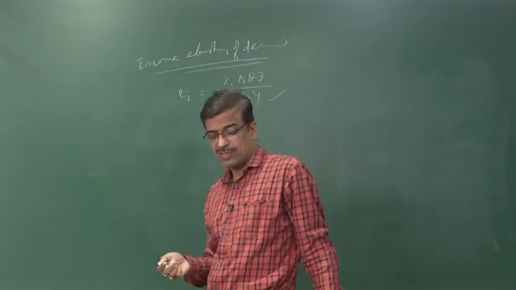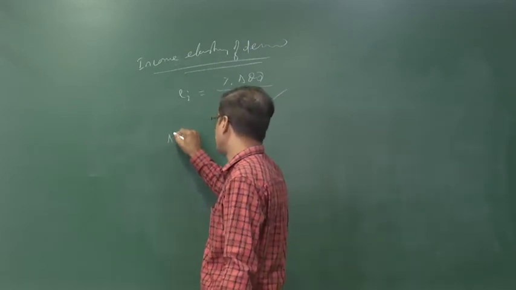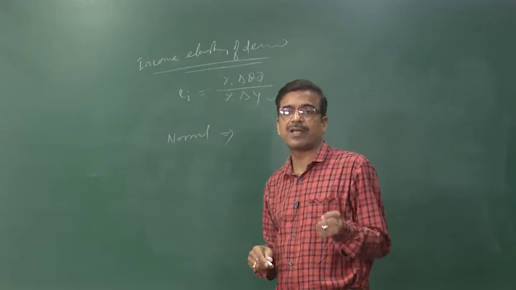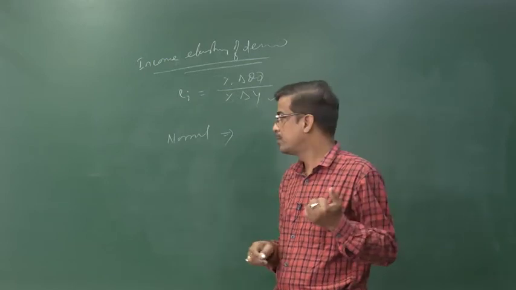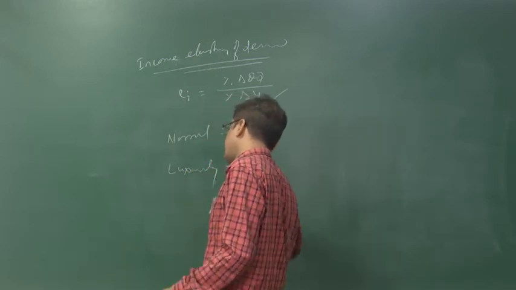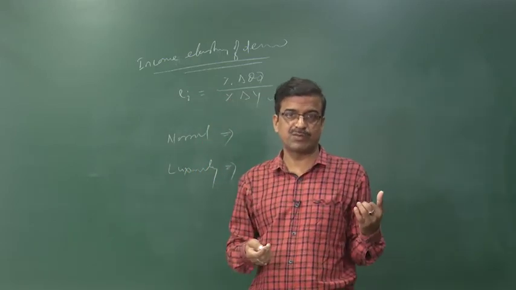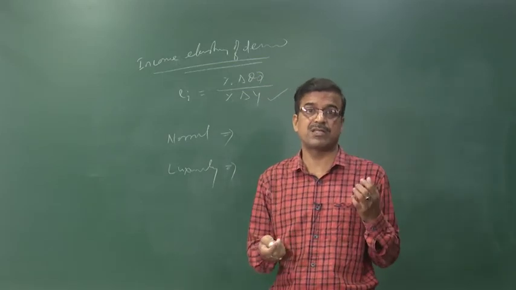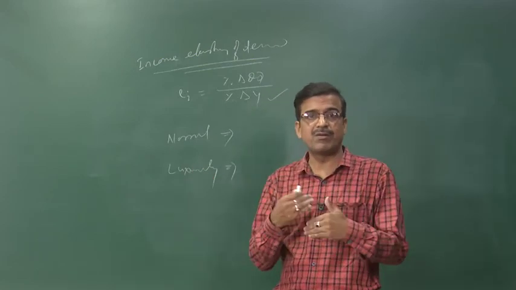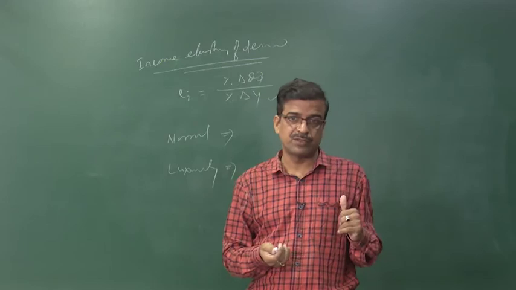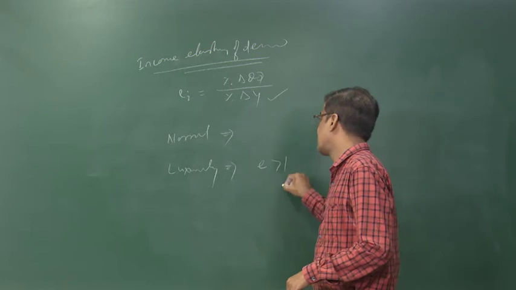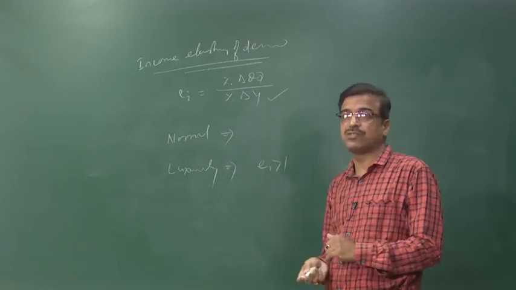We categorize them. For a normal type of commodity, if income increases, does demand increase? Then we look at luxury items. Luxury means sophisticated items, like for example a car, an AC and so on, those things are called luxury items. So do luxury item demand increase or decrease when income increases? When income increases, in this case the income elasticity of demand is greater than 1.